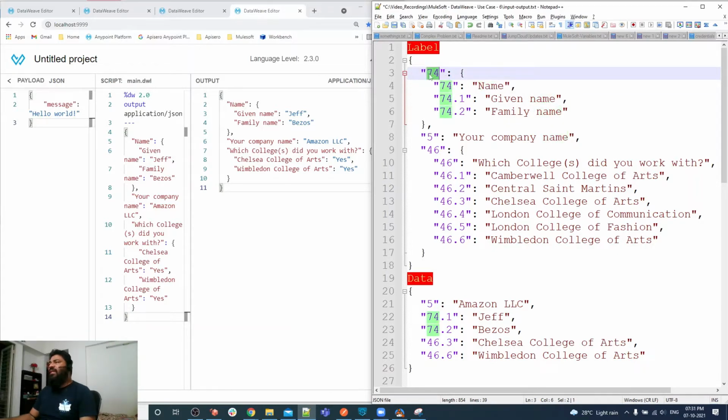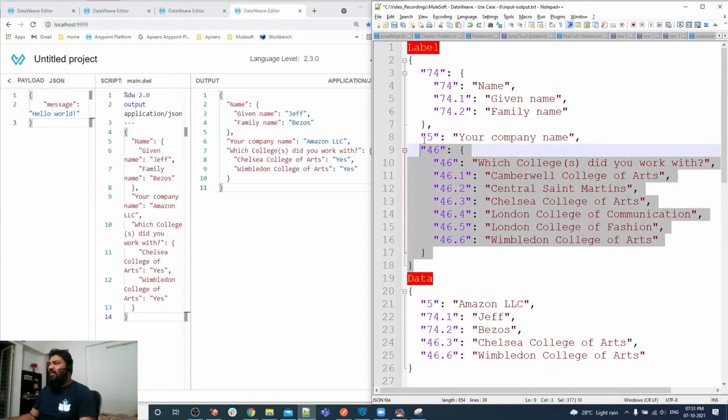So 74 identifies that it is a name, but 74.1 identifies that it is a given name. For example, label number 5, and what is the label value, or we can say the label name. For label number 5, we have the label value: your company name. Other labels are also defined this way.